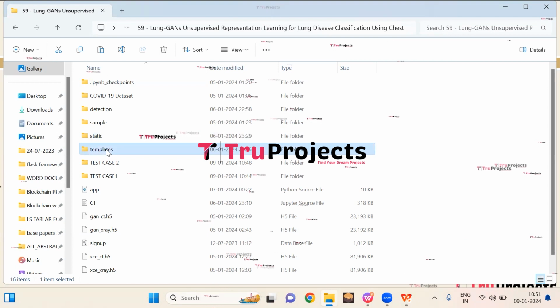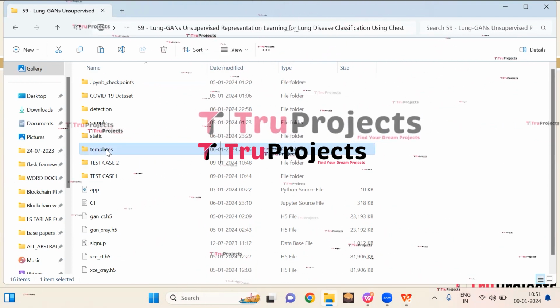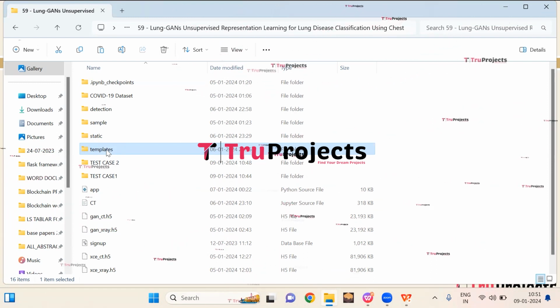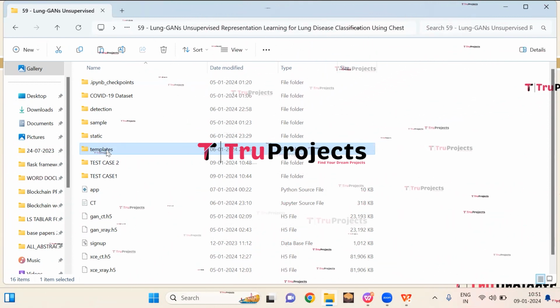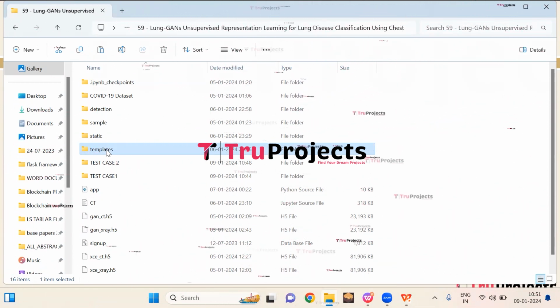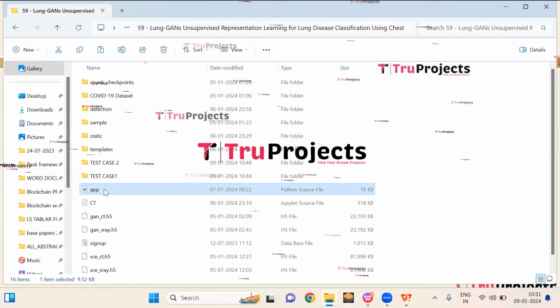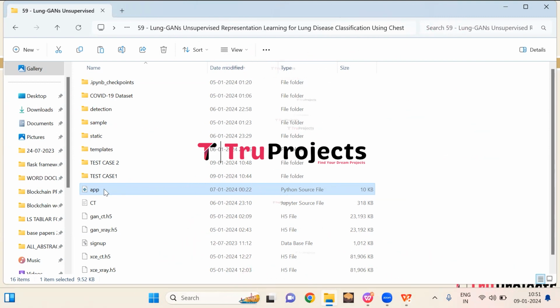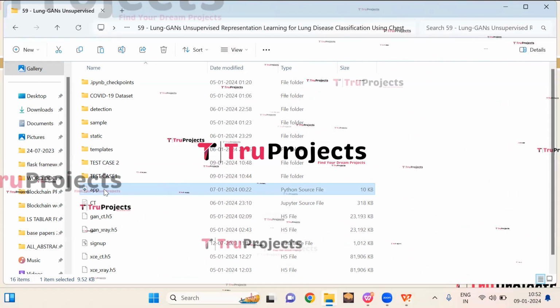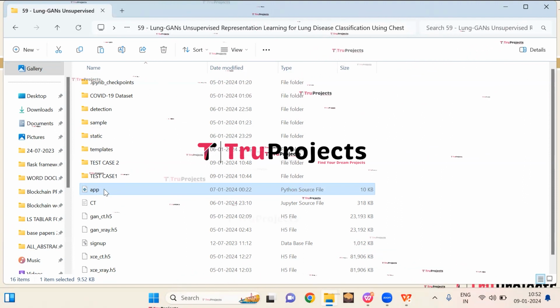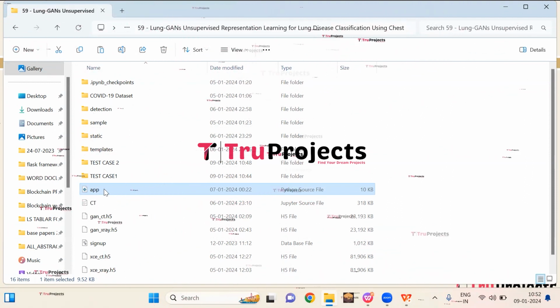This is the templates folder. This folder contains all the HTML pages used in the project. It typically includes files like index.html, about.html, and more, which represent different pages of the website. This is the app.py file. This .py file contains the information related to front-end logic. It includes code written in Python that handles server-side operations such as processing user requests, interacting with the database, and generating dynamic content to be rendered in the HTML templates.